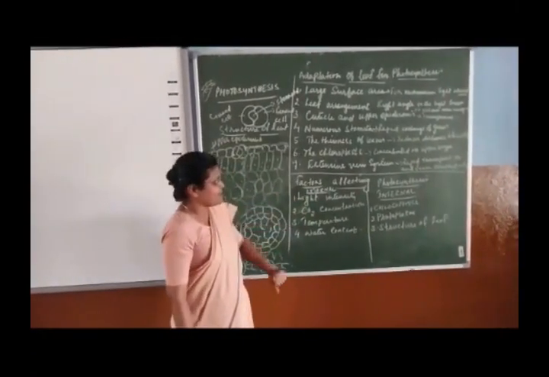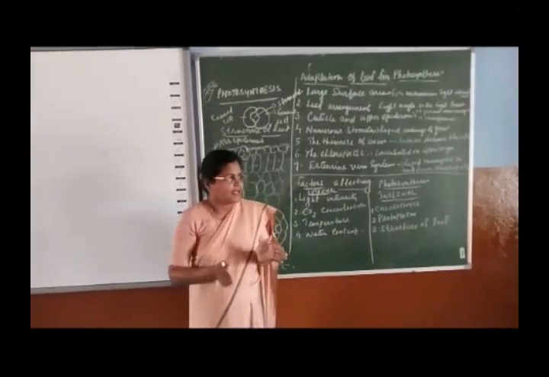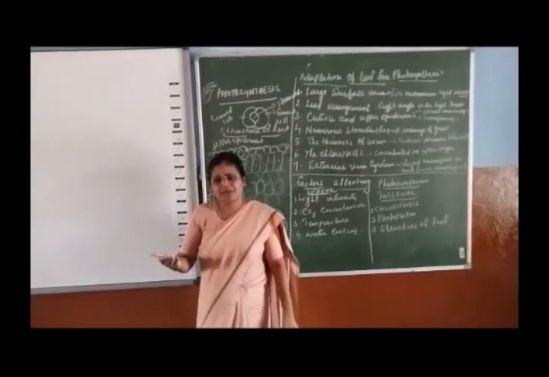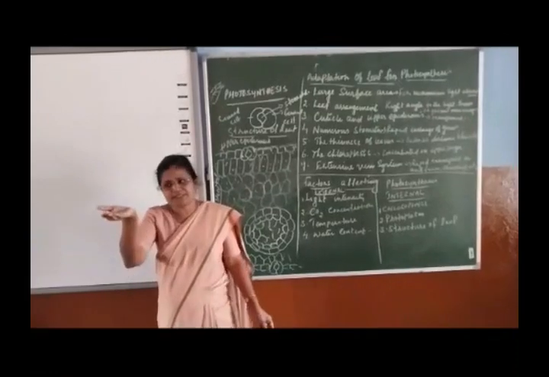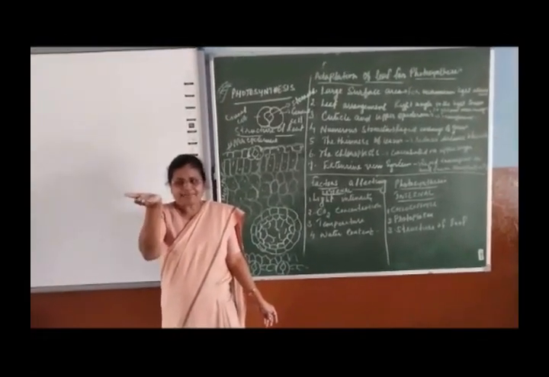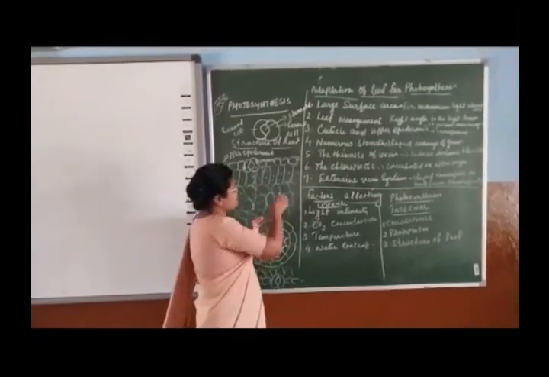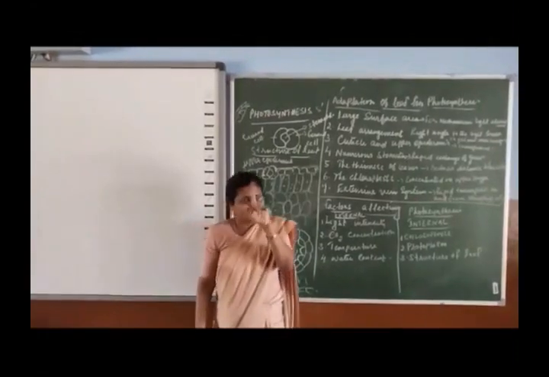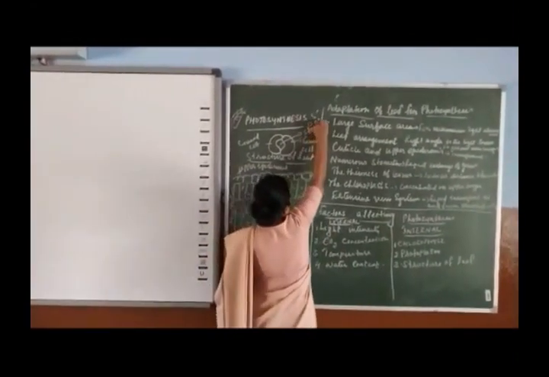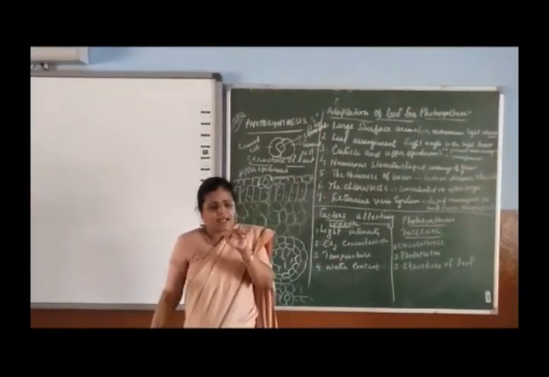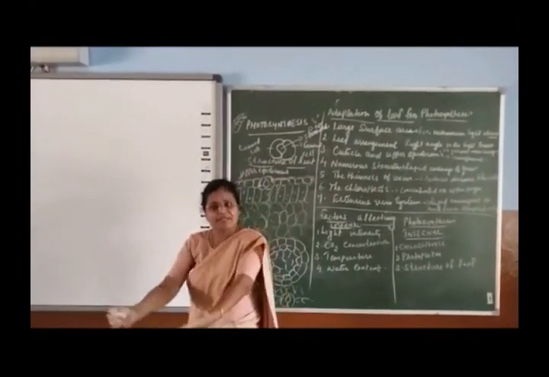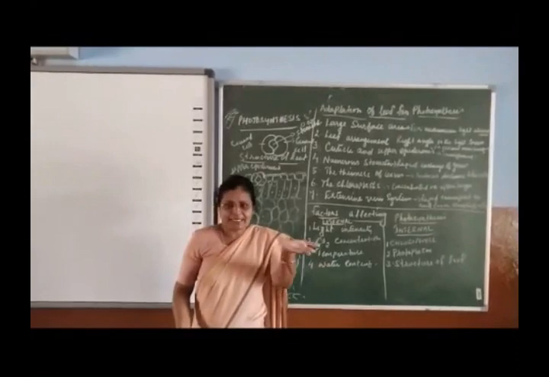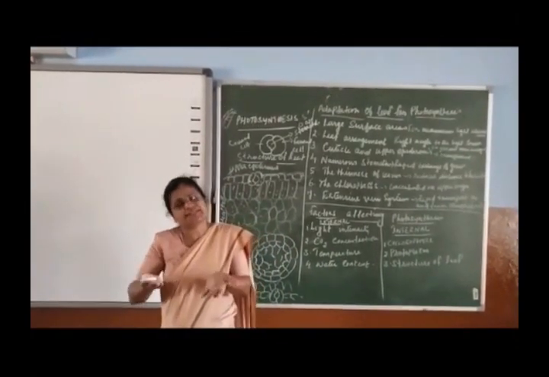Children, light intensity and carbon dioxide are interconnected. As the light intensity increases from dawn to noon, with the increase in light availability, the rate of photosynthesis increases. It keeps increasing and reaches a particular point called the first saturation point. At that first saturation point, the carbon dioxide available is 0.02%. But if more and more carbon dioxide is available, even if the light intensity increases, photosynthesis keeps happening and the rate of photosynthesis increases.